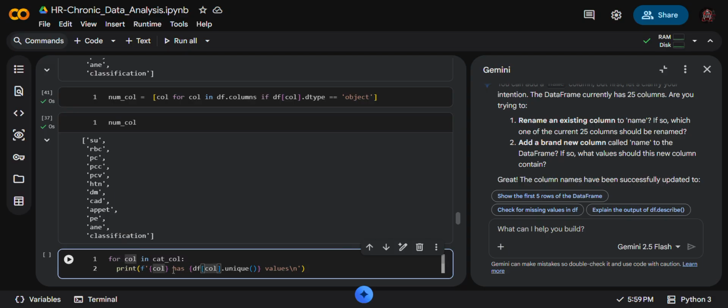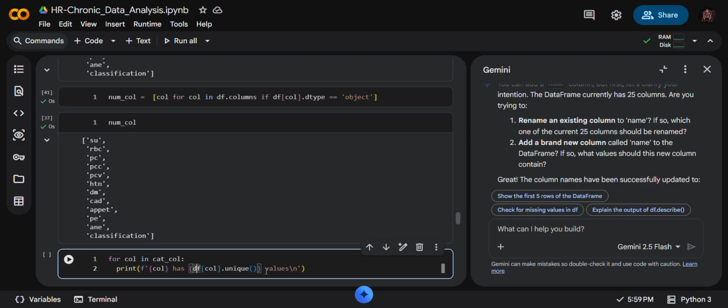Okay, print f, action col. What we have now is define a df for col. Now on .unique, if we apply unique, then what will happen?